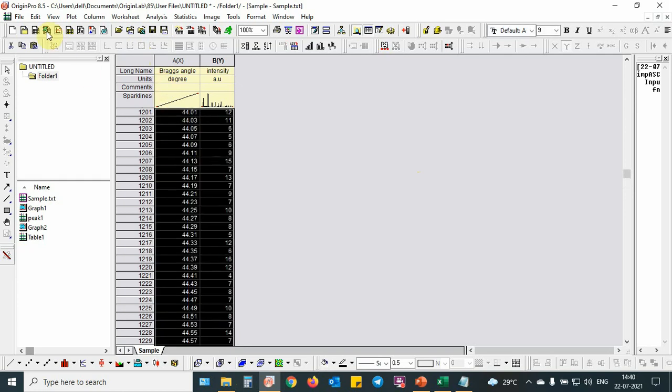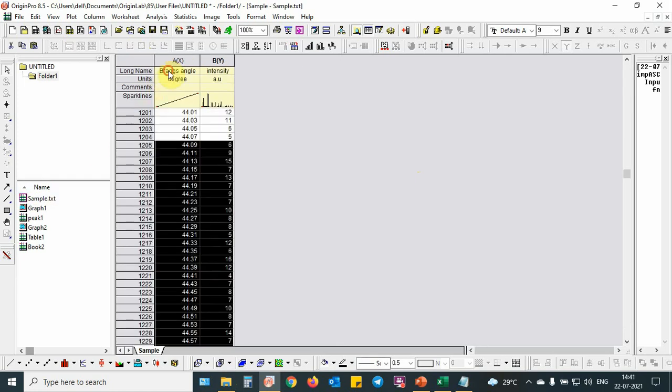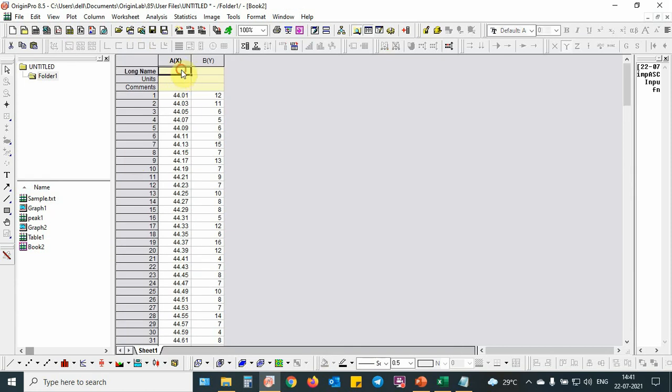So we have selected the data. You can see that I have pasted it, and we have put the name and the units. Okay, book 2, and this is peak 2.